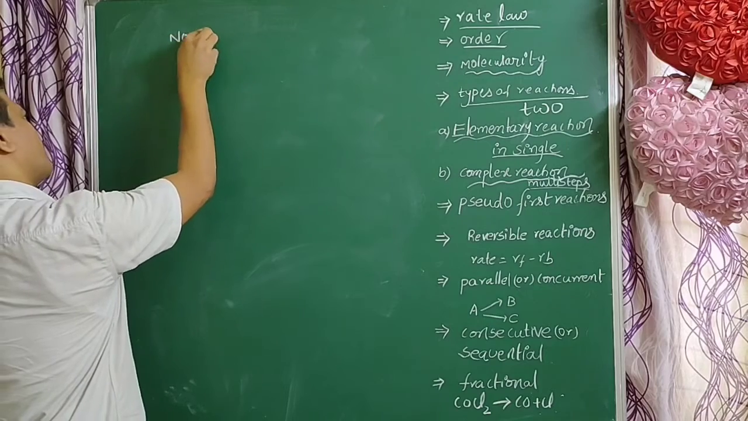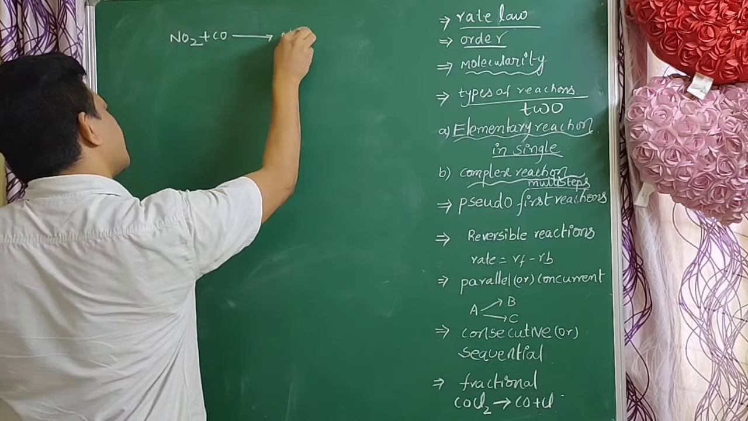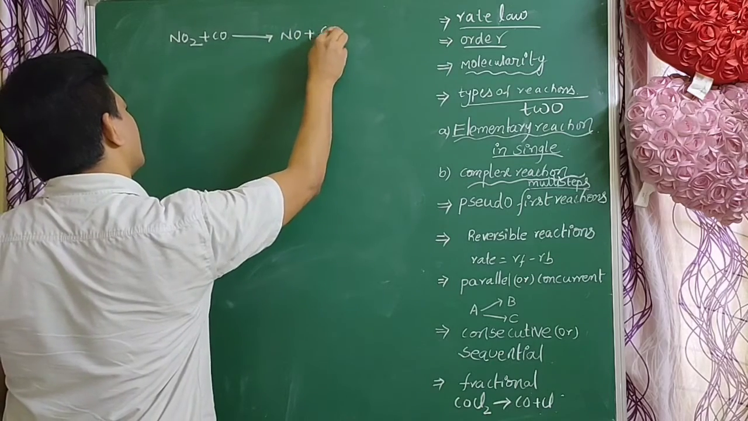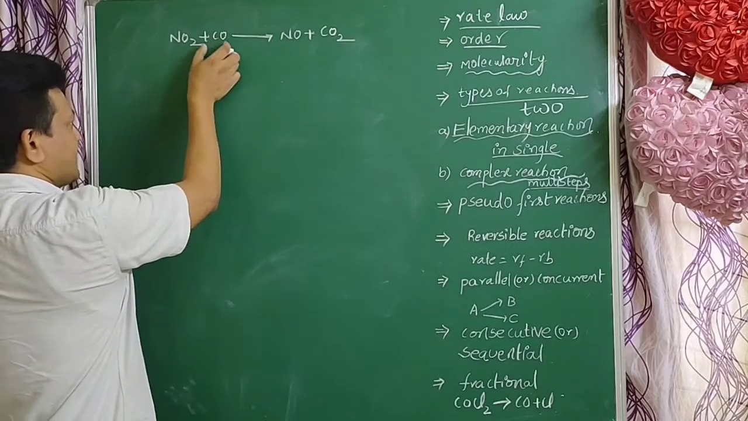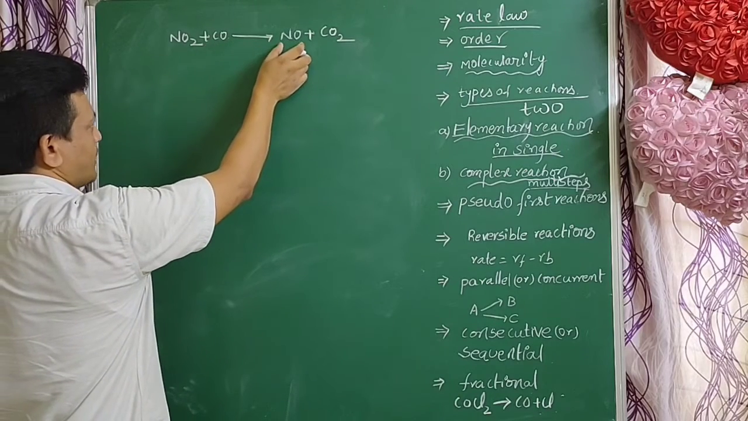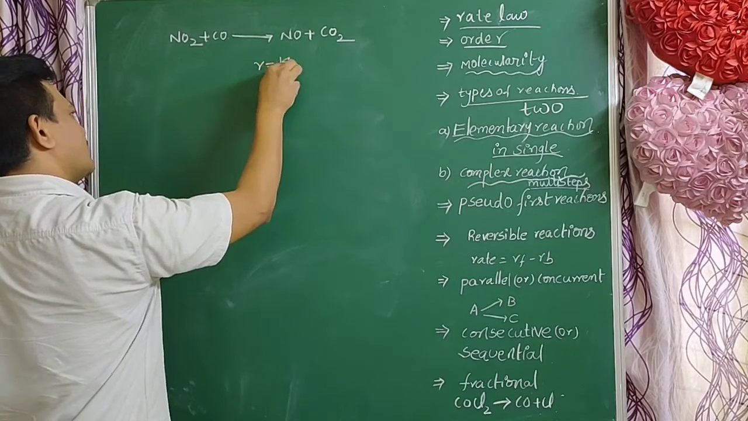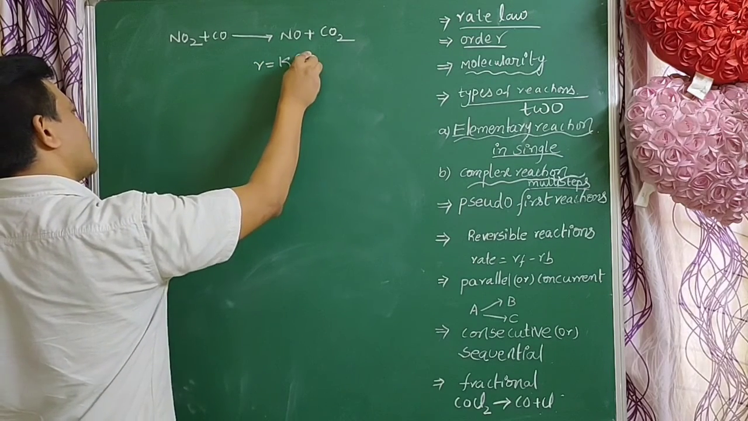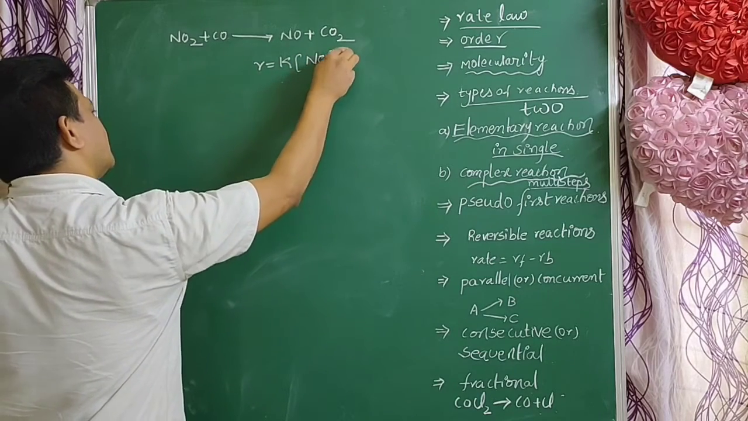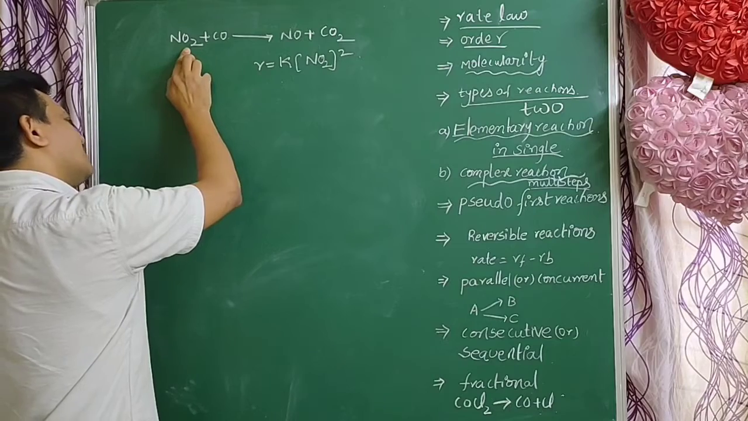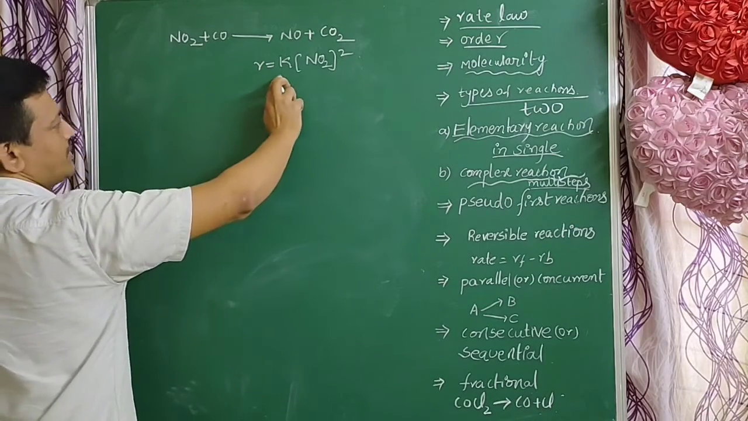So NO2 plus CO convert to NO plus CO2. Here the rate equation is rate equals K into NO2 whole square. Only one mole of NO2 is involved in the balanced reaction equation, but here the rate is